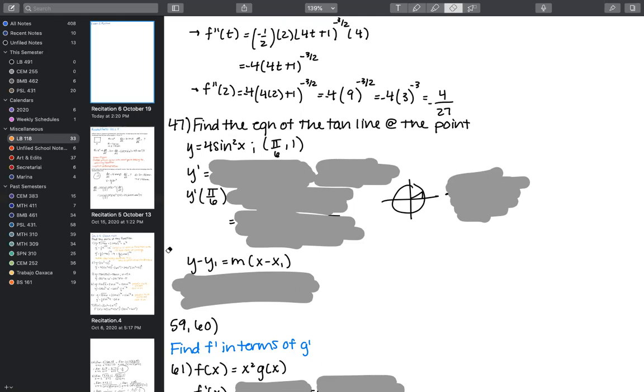I like it better. So we're going to go back to the problem here, and we know that the legwork here really lies in taking the derivative, because beyond that, we just have to plug in. Specifically with this problem, we're going to have to plug in and find what the derivative is. So there's going to be a little bit of legwork when it comes to trig, but for general tangent line problems, say it wasn't a trig problem, after you take the derivative, you've done most of the work.